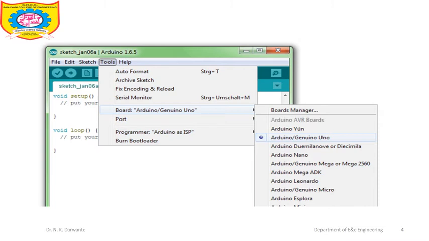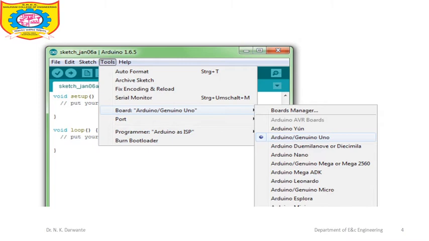In this image, first of all go to Tools, then below Tools select Board, and you can see the different board names. But as we are using the Arduino Uno, select that board. Selection is important. If you choose a different board, then your sketch, meaning your program, may not work properly.